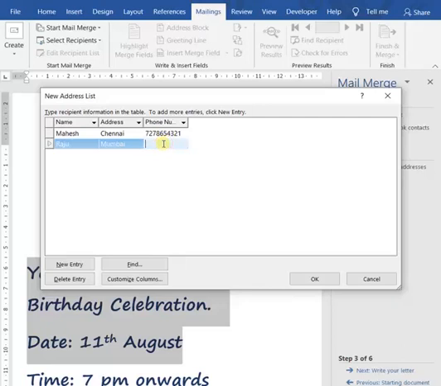His address, I have given the city Mumbai. Okay, you can give the full address also. So I have created a list of 3 persons. If we wish, we can delete also using this delete entry button, but I am not deleting anyone now. So after creating the list, we can click on OK.